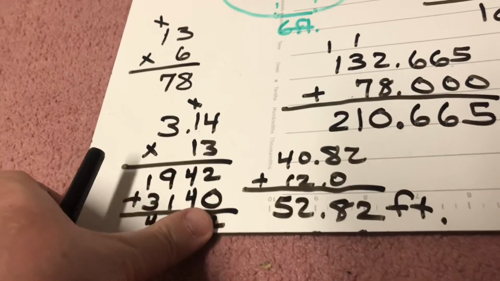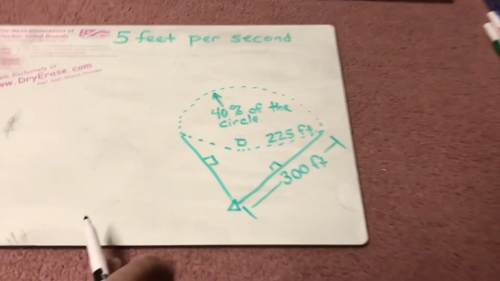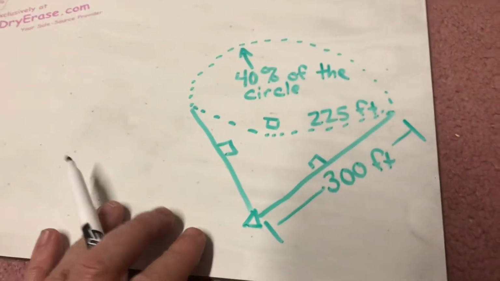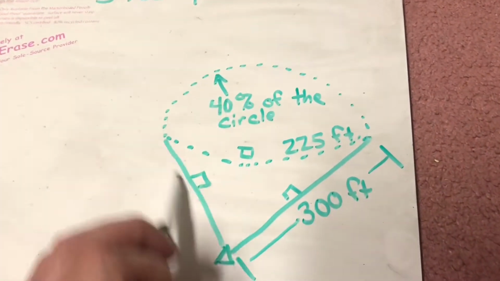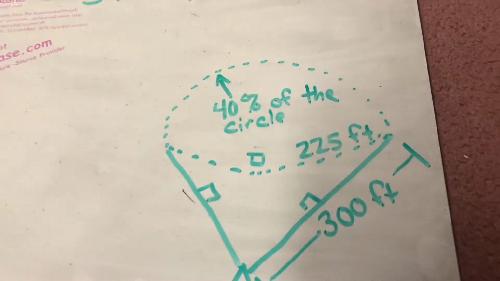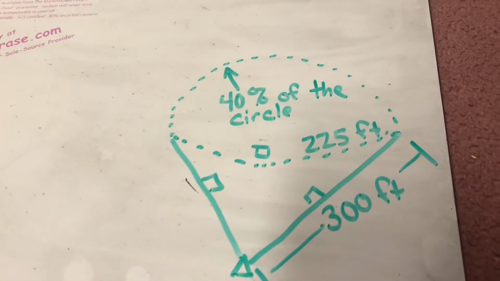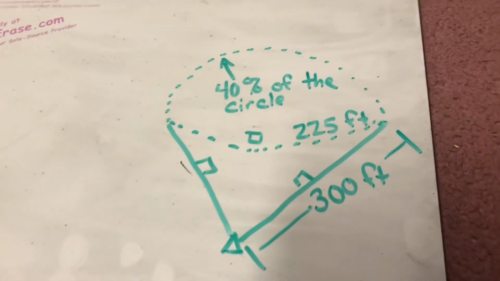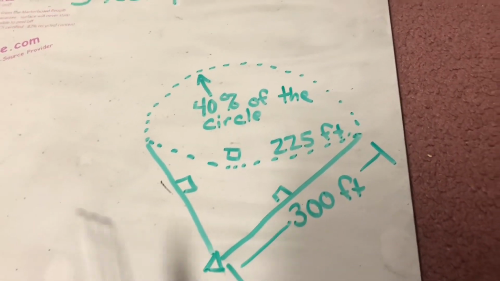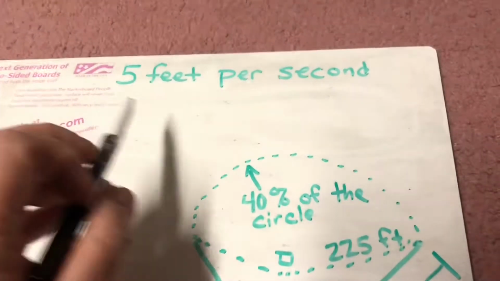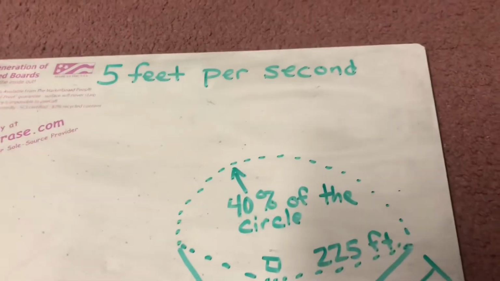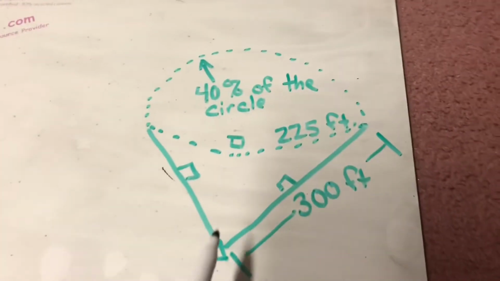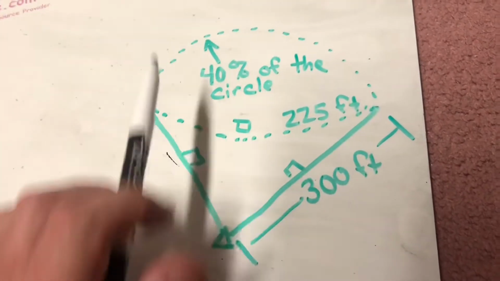Now, let's do some additional things. A couple of story problems. You're running around a baseball field trying to figure out how long it's going to take you to jog around, or run around, the perimeter of the baseball field. So, first of all, you know that we're running at a speed of 5 feet per second. All right? So we're going to need to figure out what the